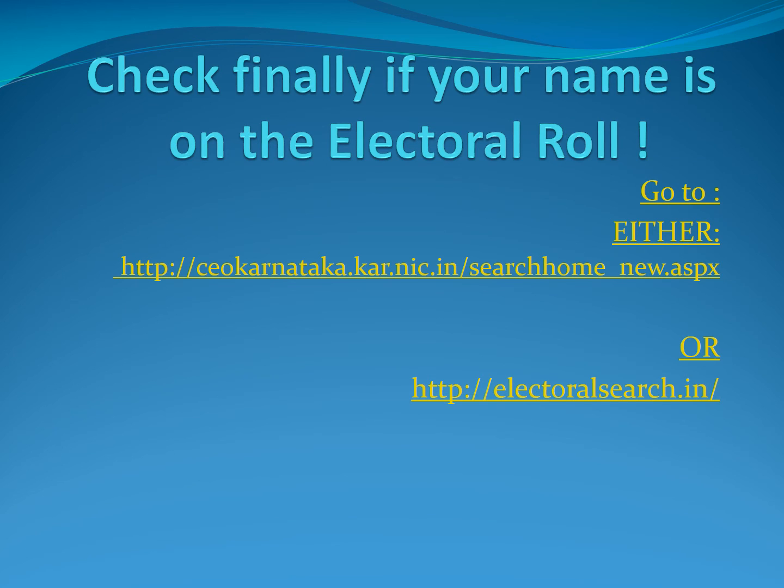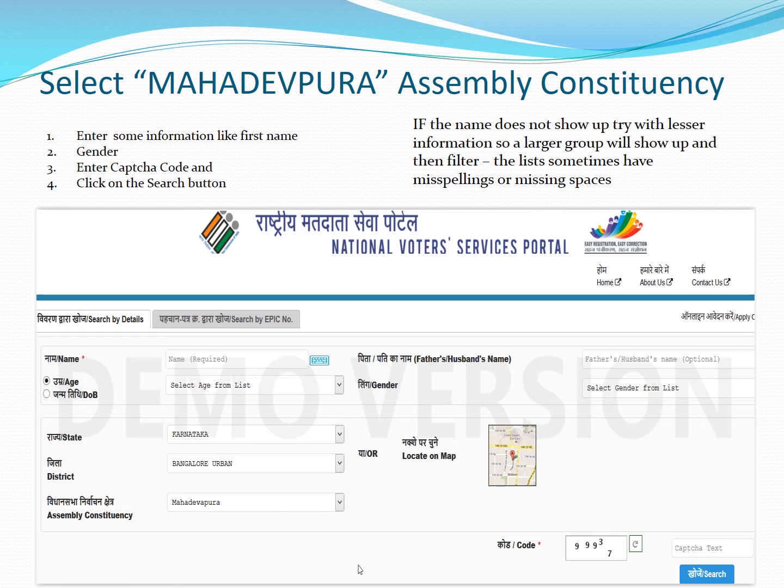Another way to check that you're on the list is to go to the BPAC site mentioned on top, click on Proud to be a voter, select your ward, just your assembly constituency is fine too. Enter some information, first name, last name, maybe house number, sex, male, female, and click on the search button. If you're not getting anything relevant, start reducing it. So then maybe remove the house number or remove the last name because sometimes they're misspellings. Once you do that, you should see some names come up and you can go and see if you're